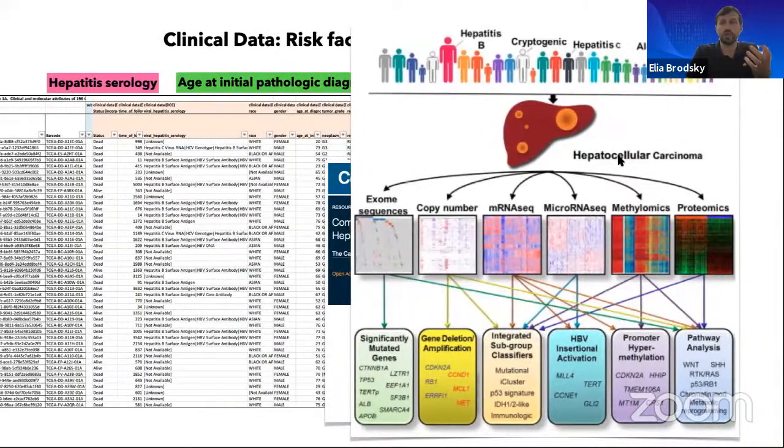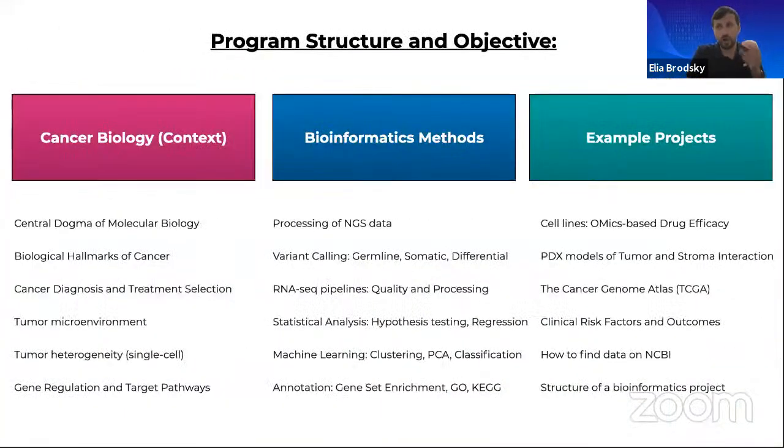So what we'll do in this program is we will talk about cancer biology, including the central dogma of molecular biology, the biological hallmarks of cancer, the approaches to cancer diagnostic and treatment selection, to the understanding of the biological factors of the tumor itself, as well as its microenvironment and heterogeneity, and the regulation and targets in specific biological pathways that could provide us with a good understanding of biological factors